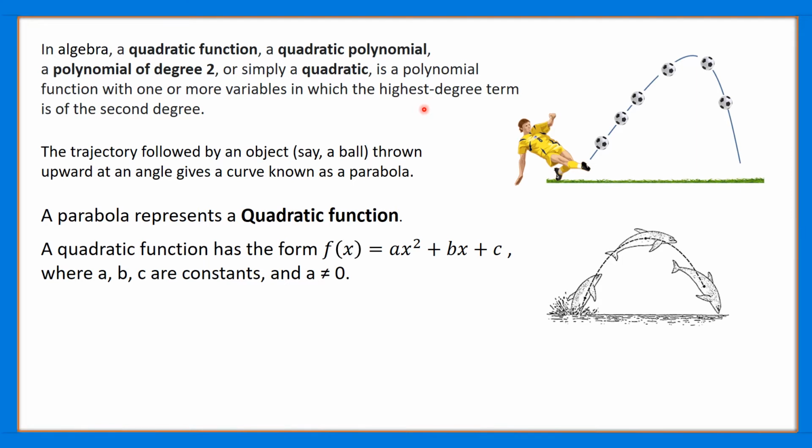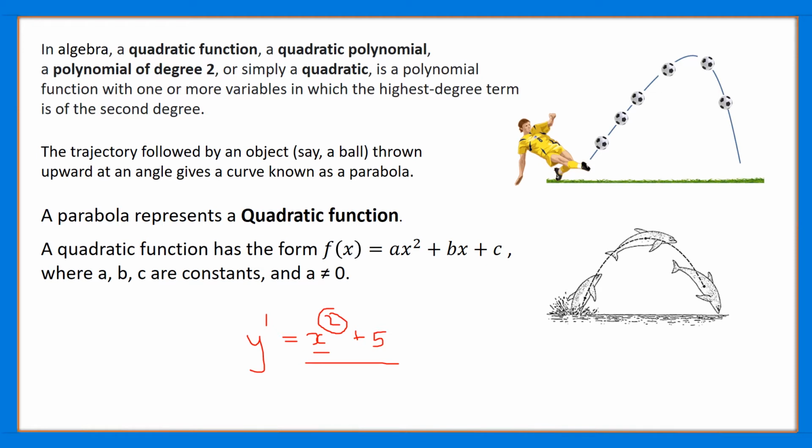For example, if you look at the equation y = x square + 5. In this function, we have two variables x and y. Among x and y, our x has the degree 2 and y has the degree 1. So there exists a variable in which the degree is 2. Therefore, this equation, that is this function, will become a quadratic function.